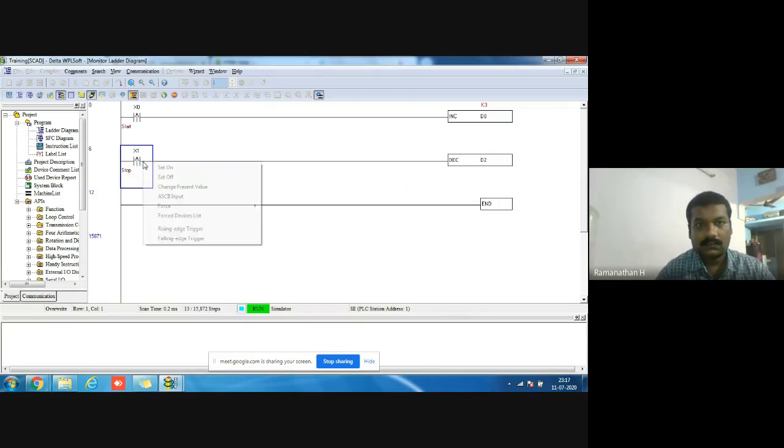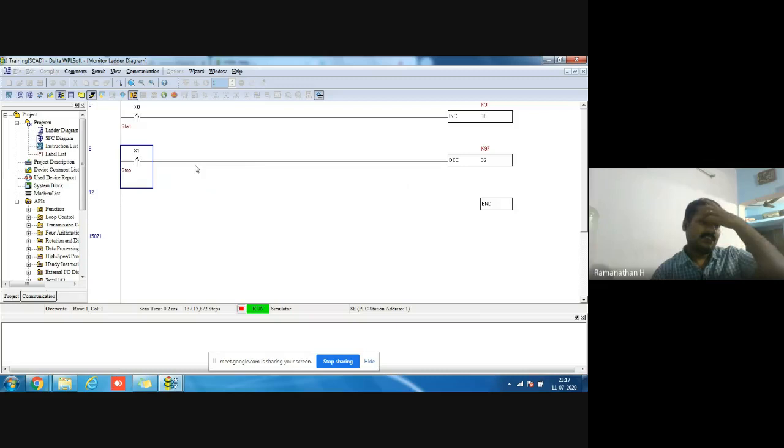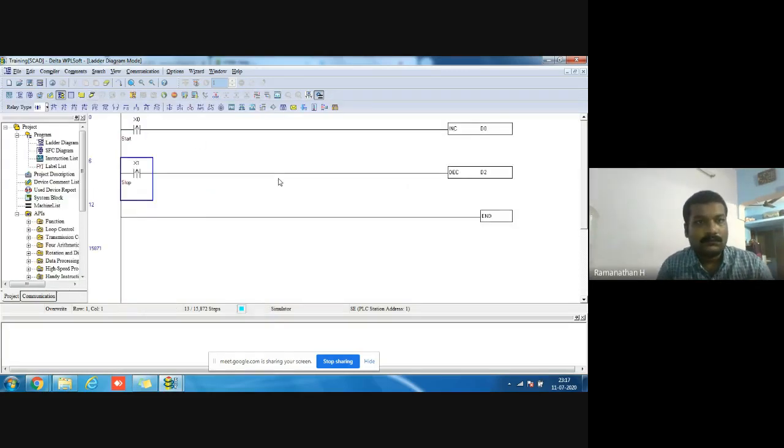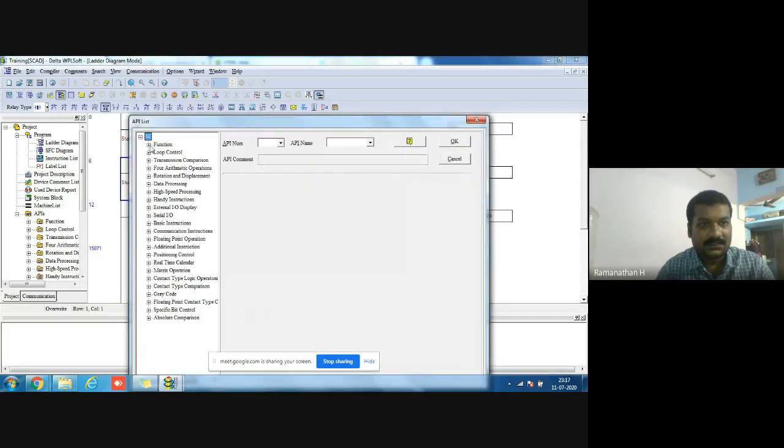Turn on. Decrement. Okay. These are the increment and decrement instructions. And next one is going to, mm, I'm searching the counter instructions.